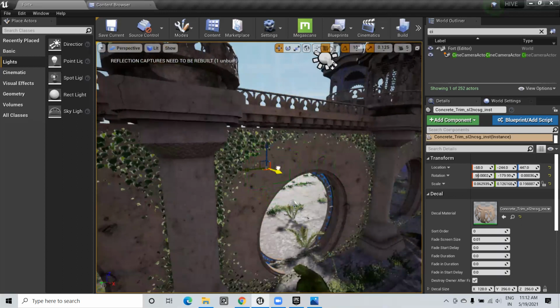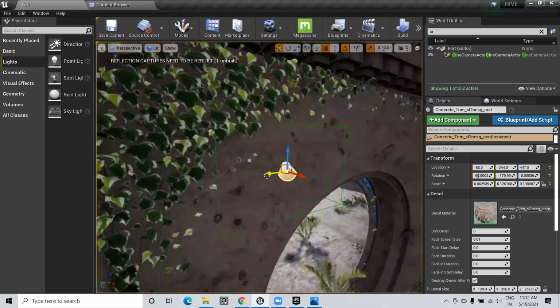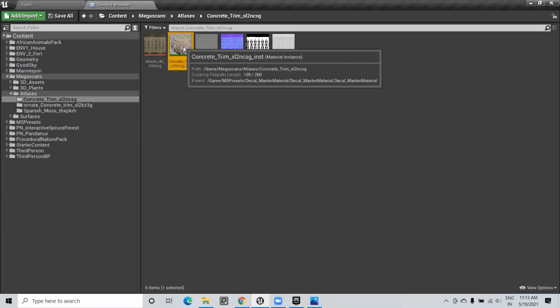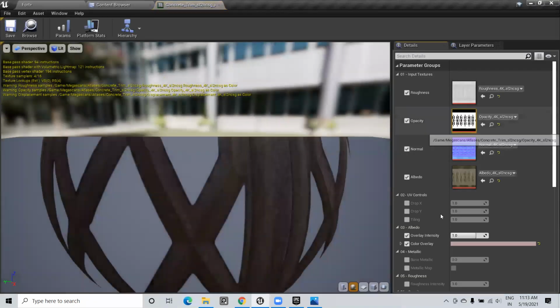Where did it go? Nothing. After baking, it will look nice. Huh? After baking, just make sure it's not flipped. I can see there's a minus value. All the locations and the scale are correct only. There's no minus. Just make sure it's not getting flipped. That's the only thing.